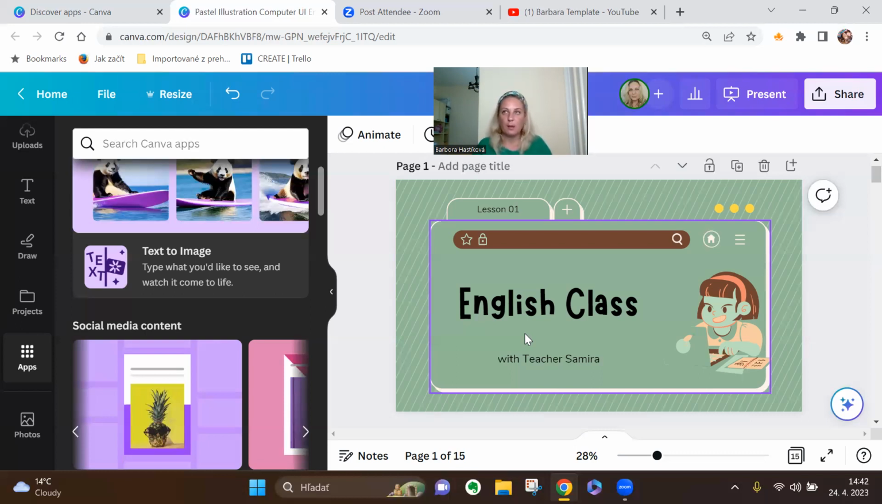Yeah, so it's really about what you want to use it for. Yeah, but the tools are here in Canva. Okay, and